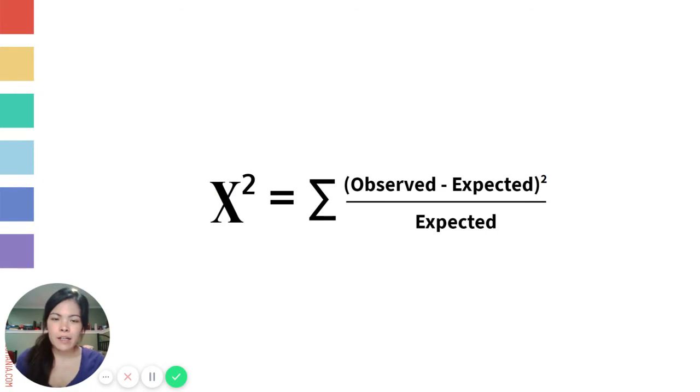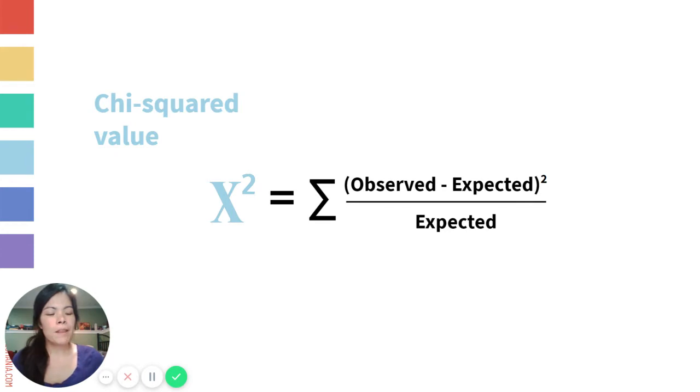Okay, so here's the actual formula for figuring out our chi-squared value. Depending on your level of math comfortability with wordy formulas, this might look scary or not to you, but we're going to break it down really slowly, so it's really not that bad. Remember we said that x is the Greek letter chi, and it's squared, so this is our chi-squared value. This is what we're actually trying to figure out. And to figure out our chi-squared value, we're going to be taking the sum of some other values. This yellow figure here is the symbol for summing, so we're going to be adding some things together.